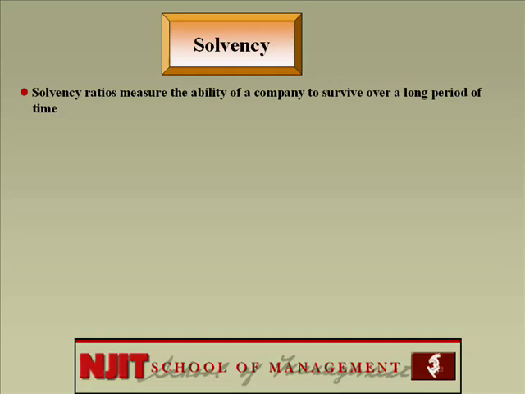You don't want to invest in a company which gives you a lot of dividends today and then goes belly up tomorrow. You don't want that. That's why solvency is important. Solvency is determined by two ratios. They are,